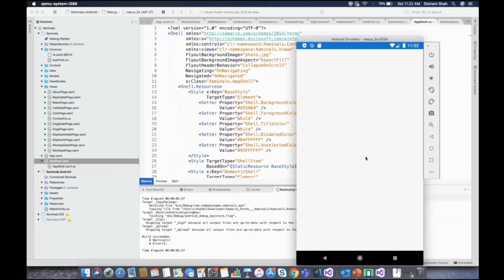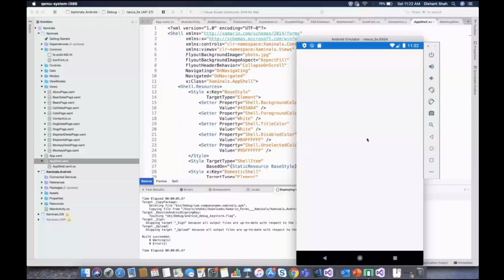This is the Xamarin application, the official application for Xamarin itself, which was created when Xamarin 4.5 got launched. I have used the same application, and I will be incorporating all the Xamarin 4.6 features into it. So let's wait for the splash screen.